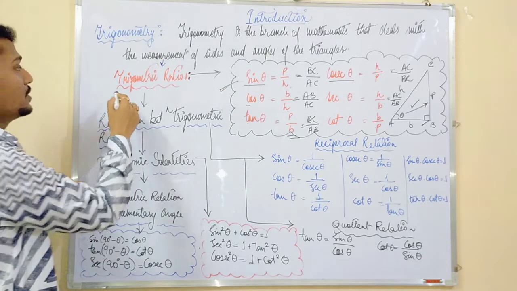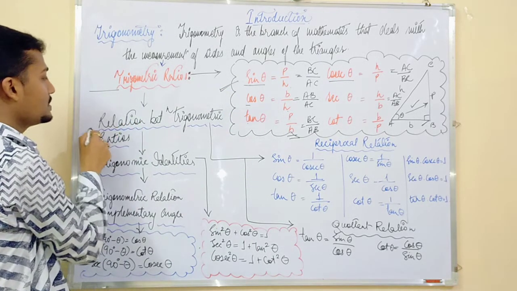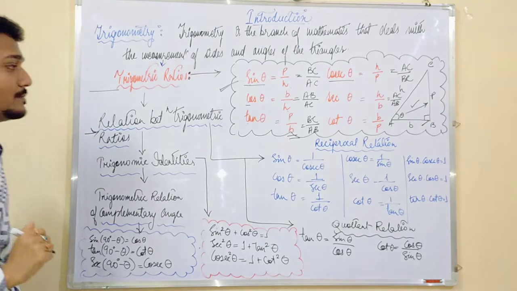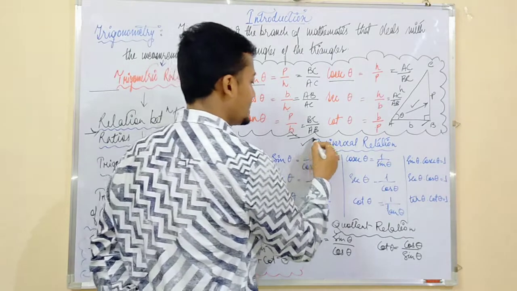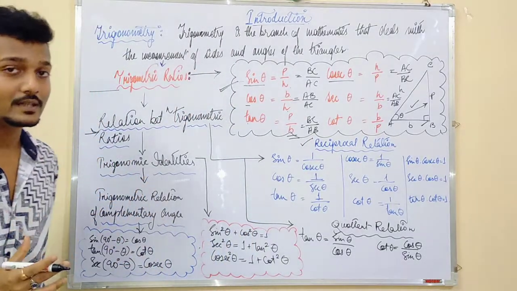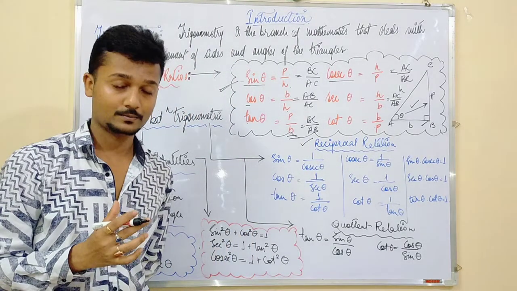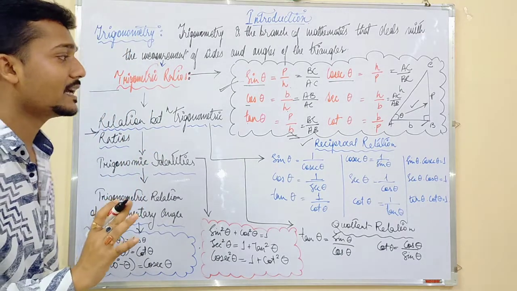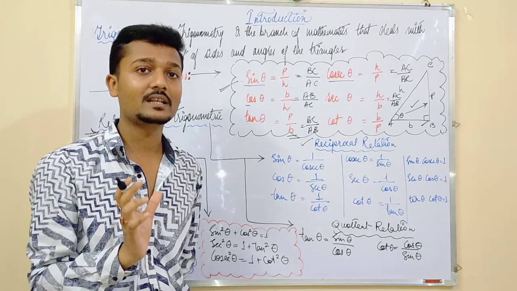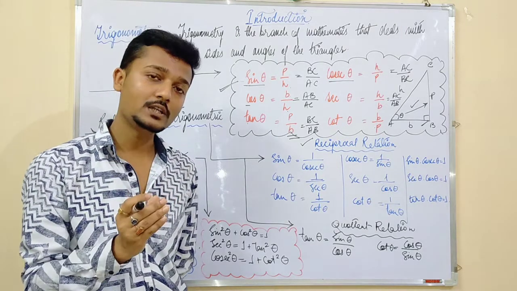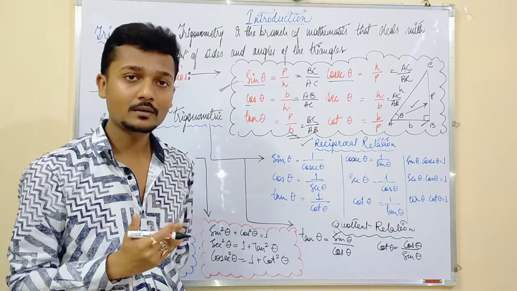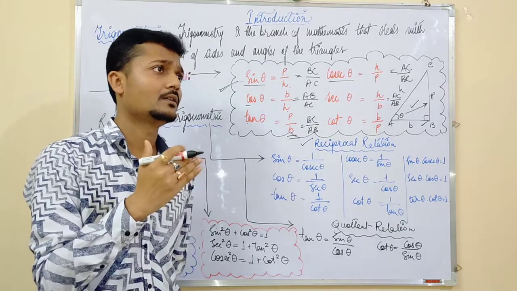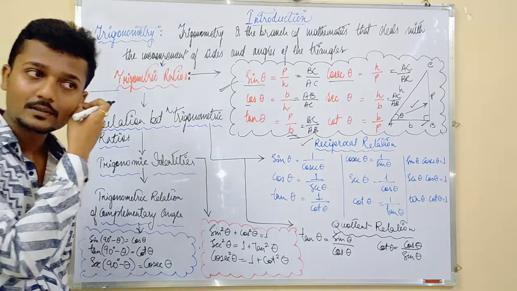Now, after trigonometric ratios, next comes the relation between trigonometric ratios. The first relation is the reciprocal relation, which you have already done by using the super hexagon. At that time I did not mention any name, because I wanted you to remember the various relations or ratios without memorizing.